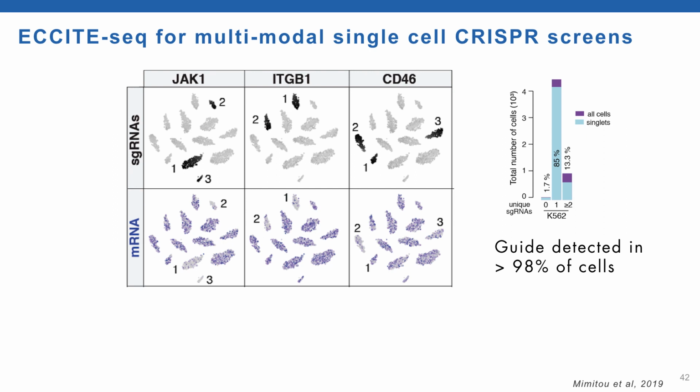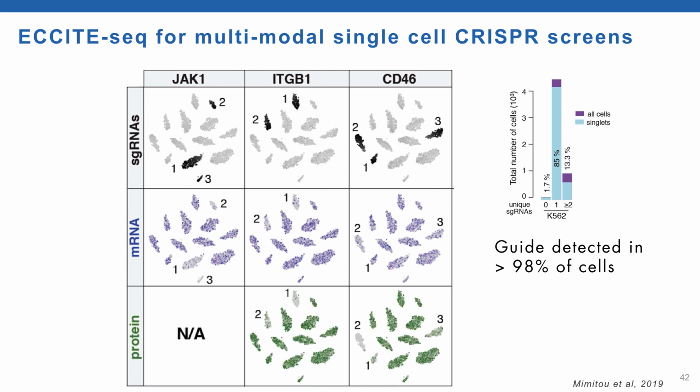So now if we cluster cells by guides here on top, you can see very clear clustering, separation of different populations. And looking at the mRNA level, in most cases you can see an apparent downregulation at the transcript level specific to the clusters expressing the guides targeting that particular transcript. And where we have protein reagents available, in the case of CD29 here, ITGB1, and CD46 here, you can see downregulation at both the protein and mRNA level for these particular